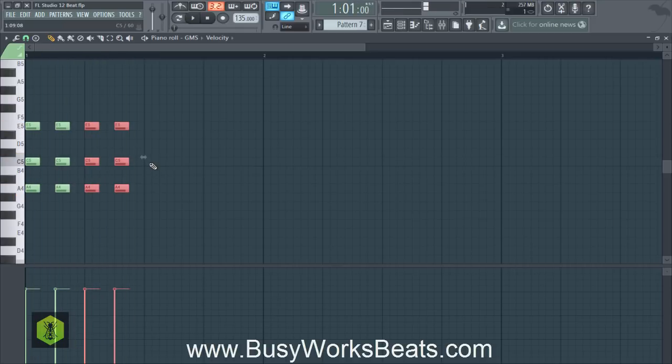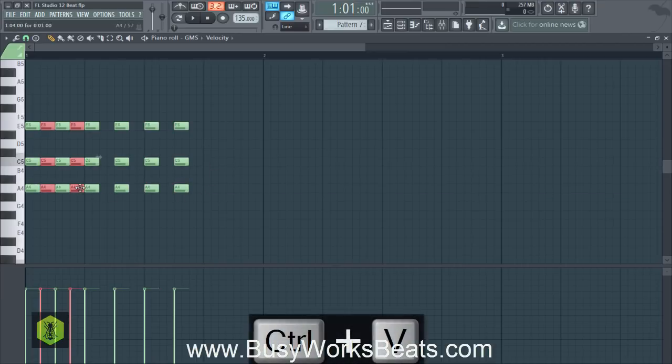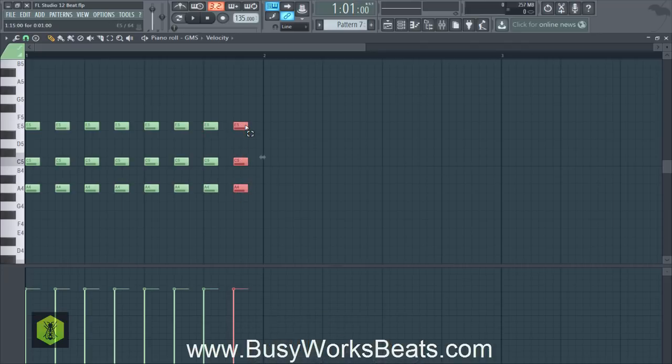So I want the chords to go dun dun dun dun dun dun dun dun dun. And I'm going to show you how to do that. So let's Control V, paste one more time. Now for the last section, I'm going to Control V again, and I'm going to delete this chord section, hit Control, left click, drag to highlight, and then hit delete.